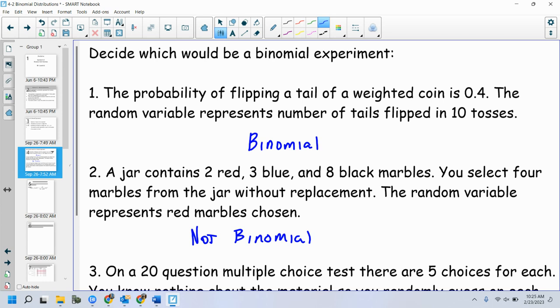So my binomial piece of this is red or not red. Does that make sense? Even though there are other colors, my success is a red. What's my failure? Not red. You know what I mean? Otherwise known as blue and black. So even though there are different outcomes that I could possibly have, my success is a red, my failure is not red. Another piece about this that says,